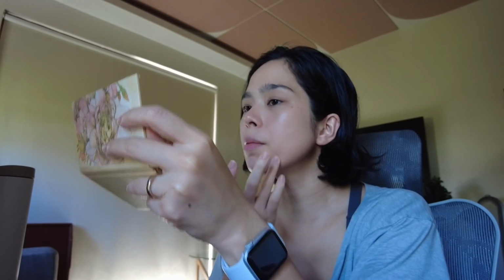And that's why I need to use more sunscreen. And this one has SPF 50. I think I'm supposed to be using...